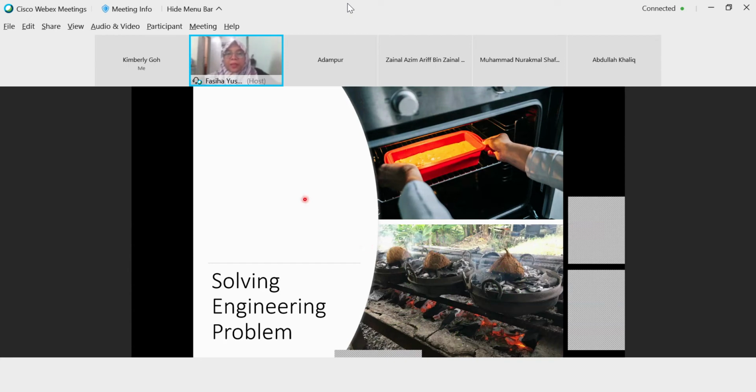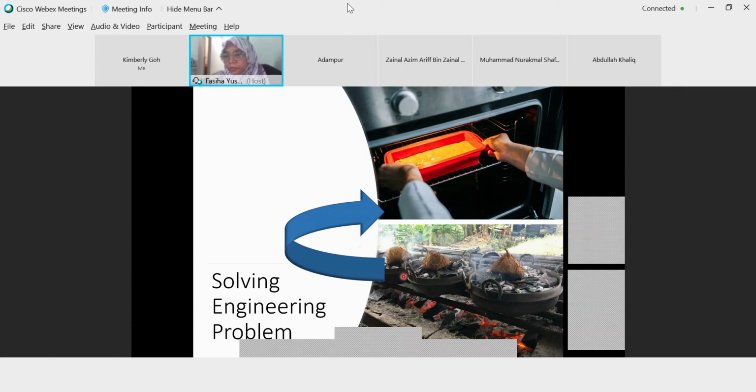But at this moment, what we have in our life, what engineers so far have invented. This oven has been invented by engineers to solve this problem, the original, traditional, conventional baking method. So this is the problem and this is the solution.